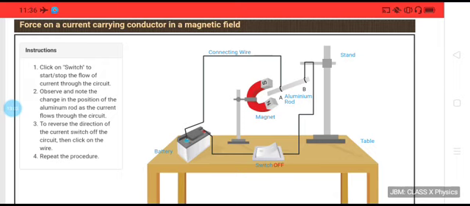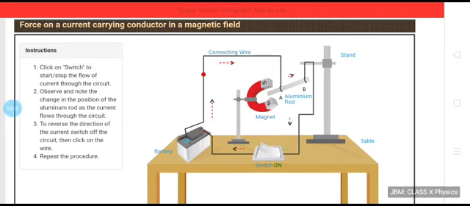For this, let us refer to a similar setup. As you can see, again we have a horseshoe shaped magnet, and the aluminium rod has been hung in between the poles of this magnet. There is a battery that will be the source of current, and we are given a provision to switch this circuit on and off, so that we can see what exactly happens when current is flowing through it. Presently the switch is in off state. Let us switch it on.